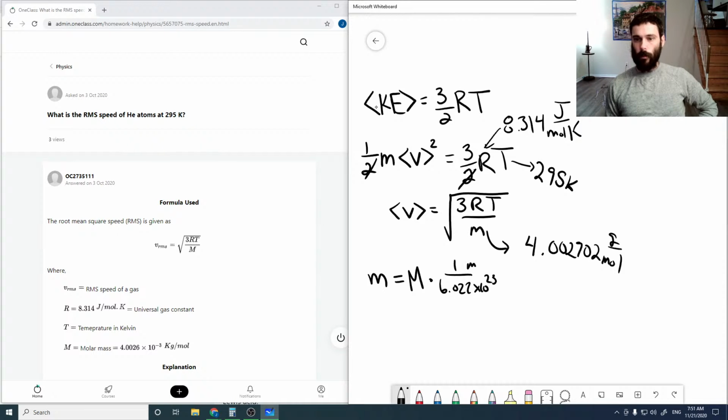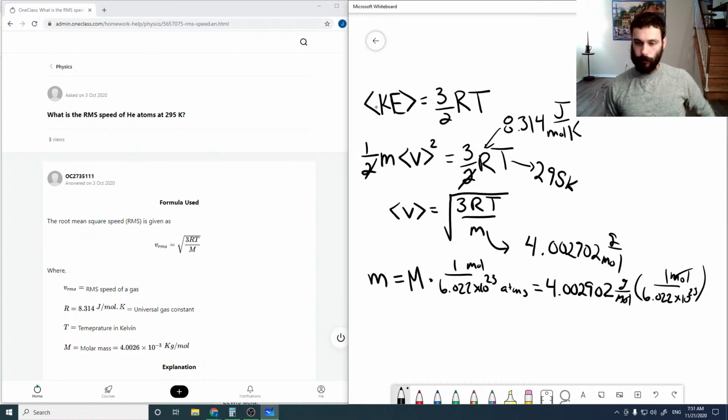So that's 1 mole, and that's atoms. And so doing that multiplication, grams per mole, 1 over 6.022 times 10 to the 23 mole. So the moles cancel, and we get